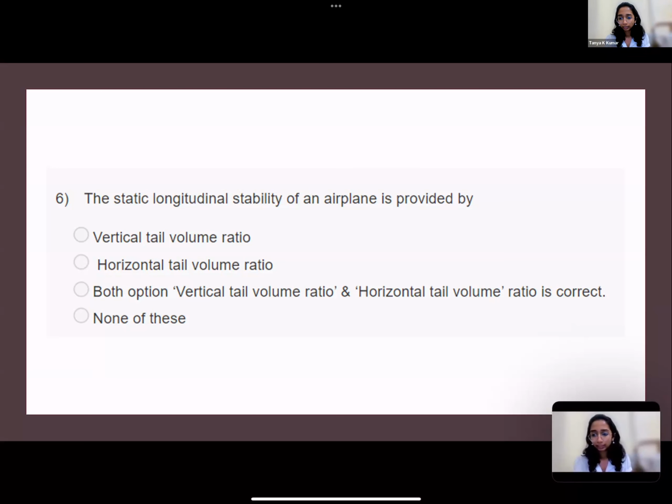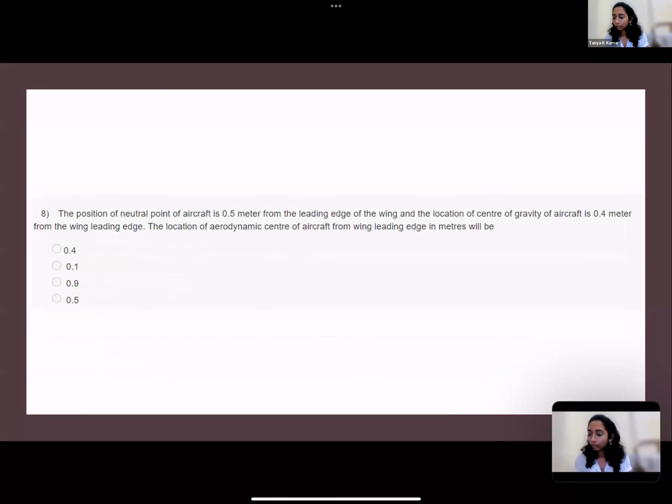What is the right answer? Yes, V, horizontal tail volume ratio. We just discussed this. This is VH. Okay. Next question. The position of the neutral point of an aircraft is 0.5 meters from the leading edge of